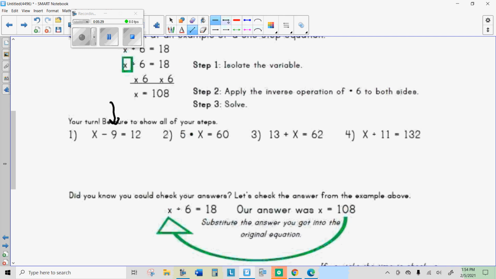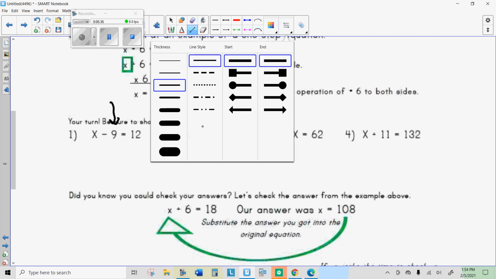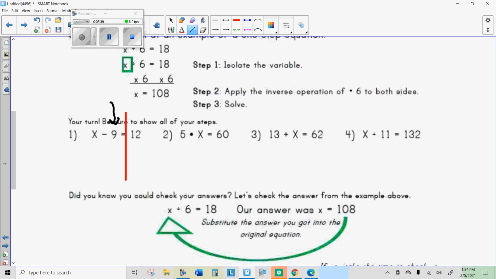the other. So I'm going to draw a line here down the middle, right at the equal sign, and you should do that also. And so whatever you do on one side of the equal sign, you got to do to the other. And as long as you remember that, you'll be fine. Okay? And the thing that I want to do is I want to do the inverse to get rid of